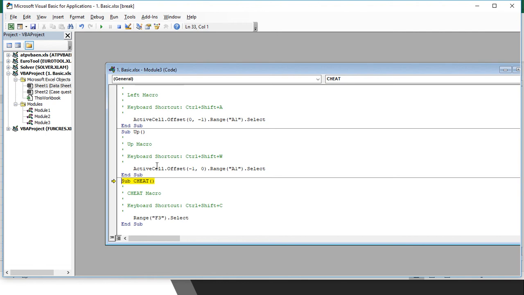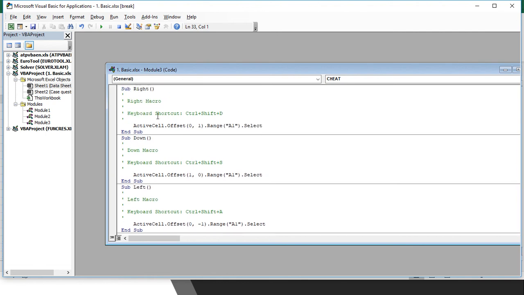Here you can see what it does. For every command there is something happening. Like write, what it does: it activates the offset of that cell, range A1 to sheet. The shortcut we are using for this worksheet and workbook is Control Shift D to move right.